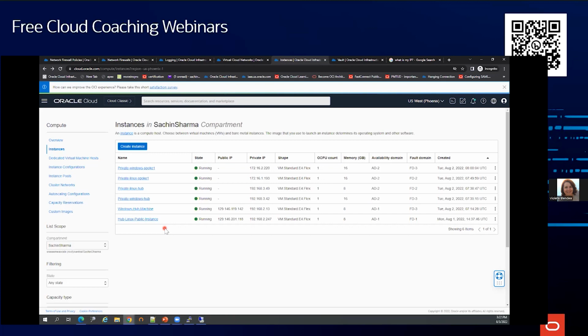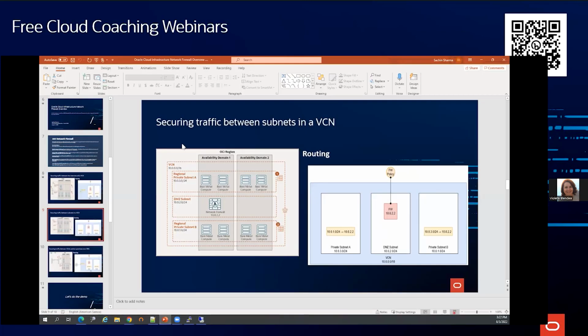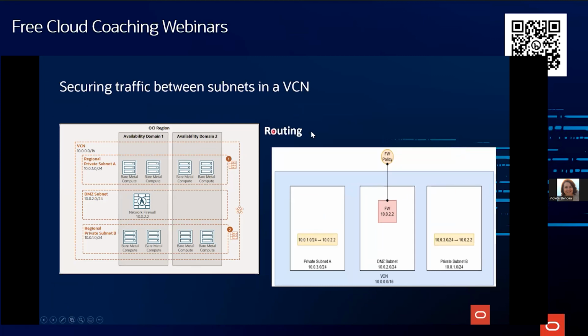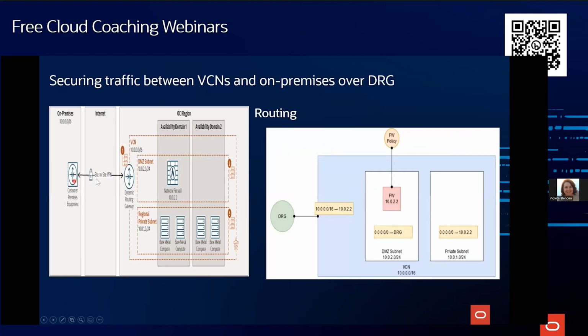North-south traffic, which is coming over the internet gateway, is done. Now I'll showcase the traffic over the dynamic routing gateway between 2 VCNs, and it can be done from on-premises to OCI or IPsec FastConnect too. So this is my PPT, which I'm going to show here. This is the third use case, that is securing traffic over DRG. In this use case, I can see customer premises equipment site-to-site VPN, but it can be done as inter-VCN also in a hub and spoke model, which most of my customers actually do.